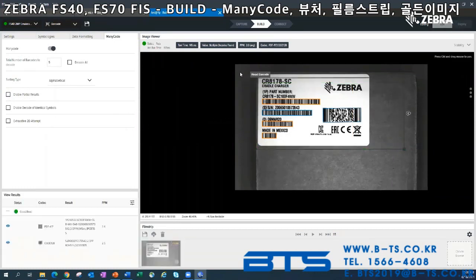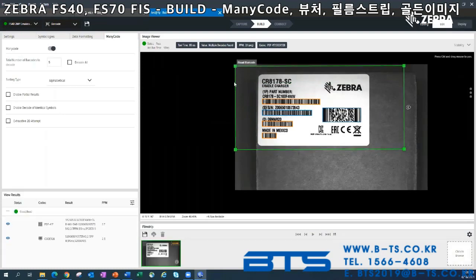We've had some different use cases come in for ManyCode. We do have a use case of medical vials. We're reading 96 of them at once. So we do have